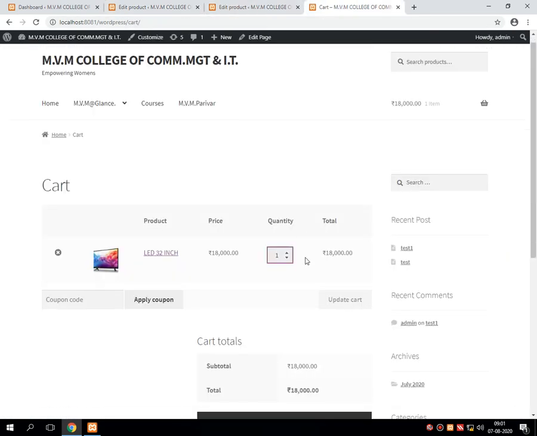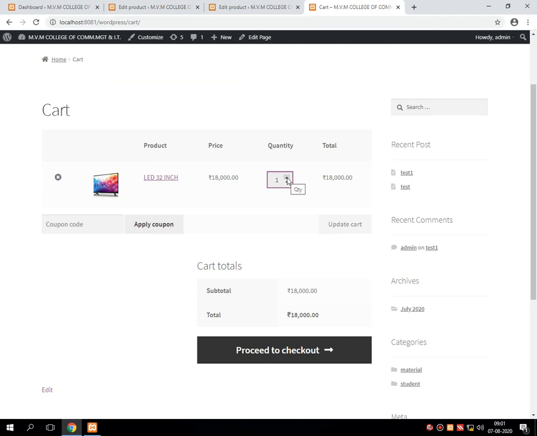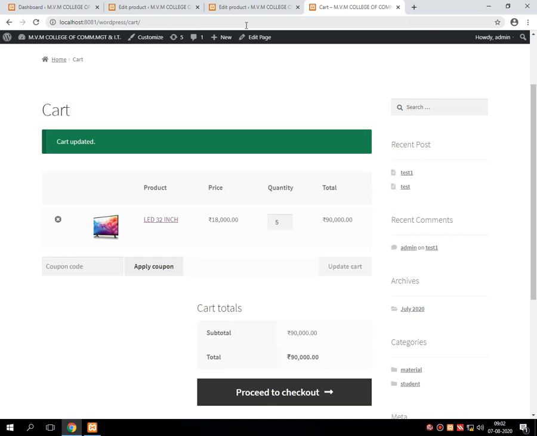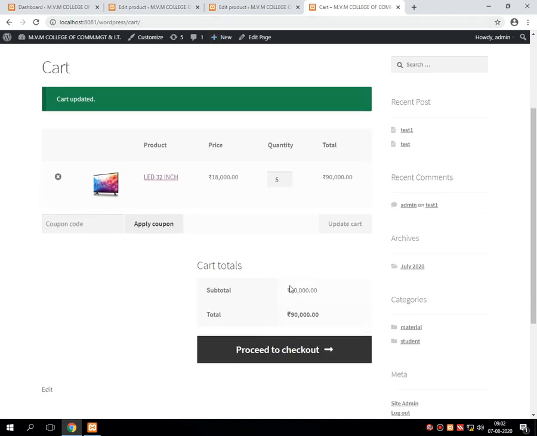Now say for example, here I am selecting a quantity of 5. Then automatically the billed amount will be displayed by calculating the price and the quantity.